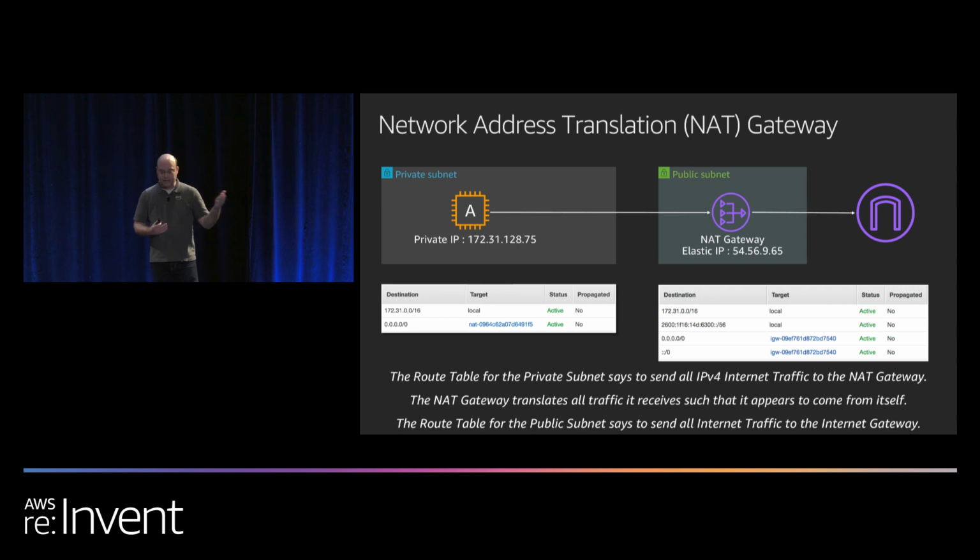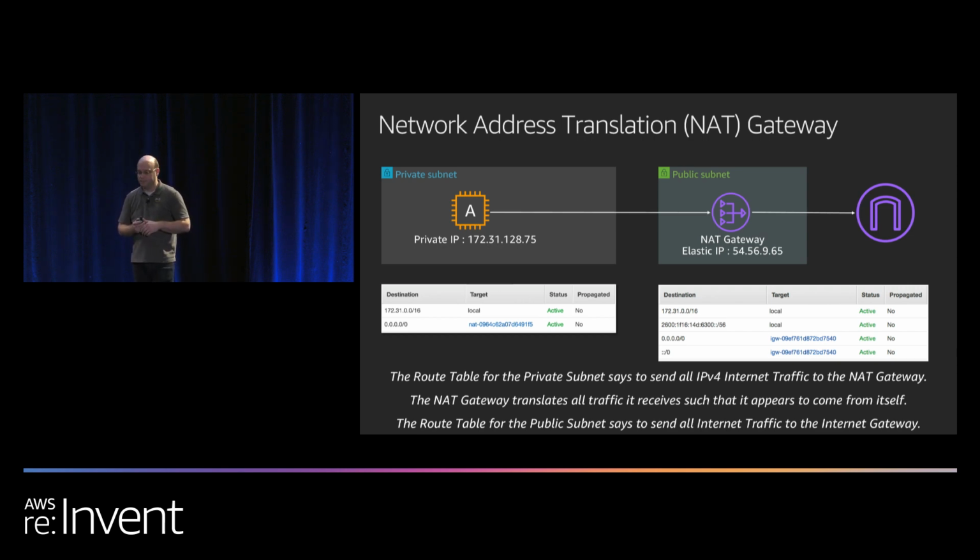In practice, a packet emanates from instance A. It's received by the NAT Gateway in the public subnet. That packet has its source IP address changed to the internal IP address of the NAT Gateway. The packet's forwarded on to the internet gateway, at which point a one-to-one NAT occurs between the NAT Gateway's internal IP address and the elastic IPv4 address that you see here. As the packet goes out to the internet, traffic from instance A is seen to have been coming from that